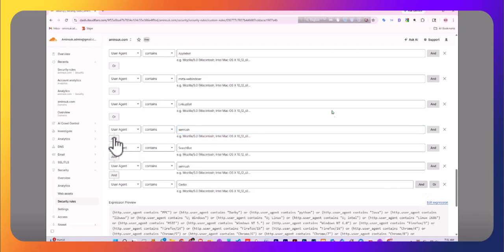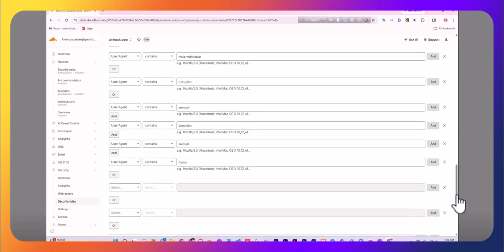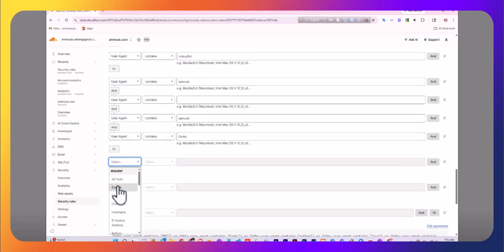So this is the... and so we have to put all our... so need to put cart. Sorry, this is okay. The issue is search bot. So copy, and here we set up user agent,